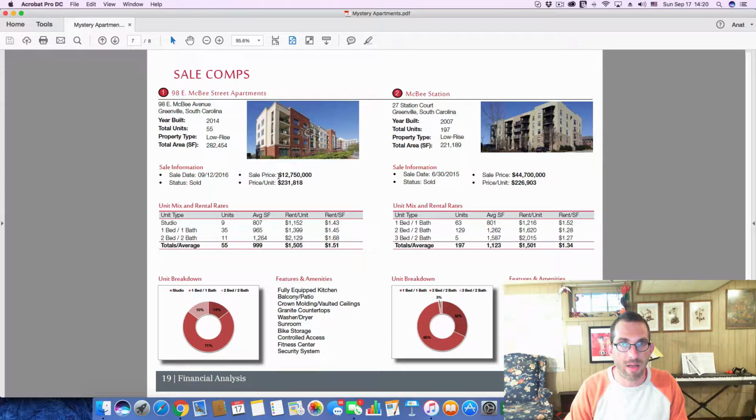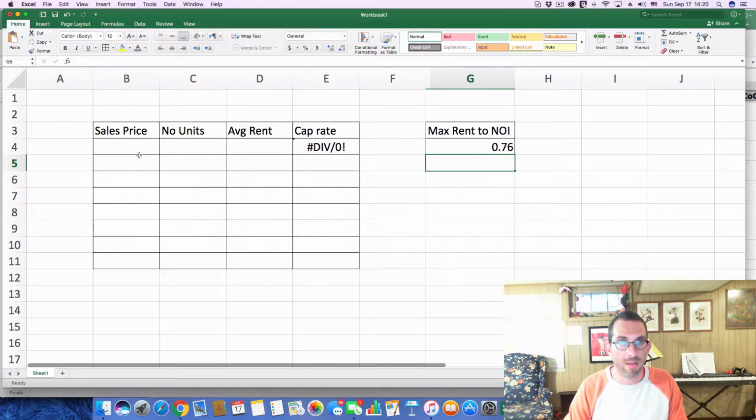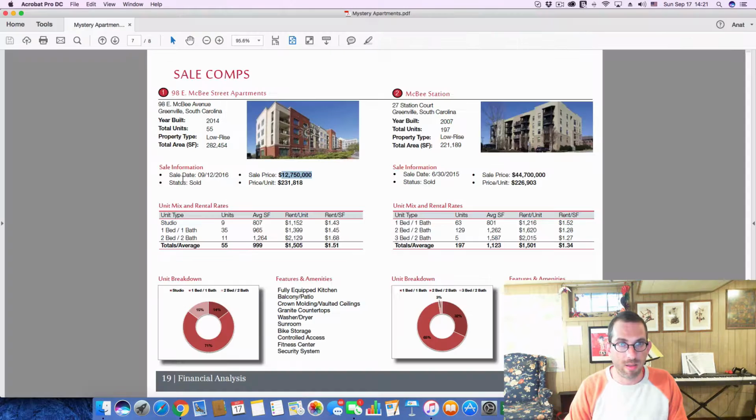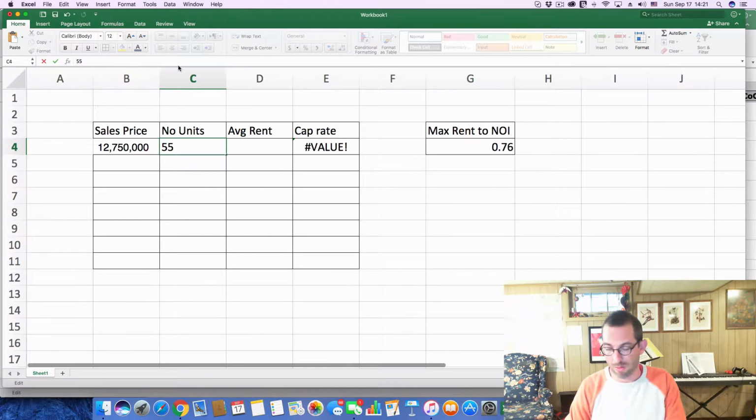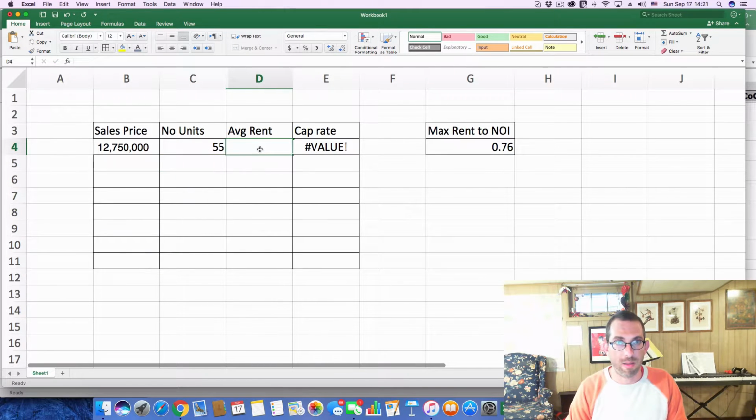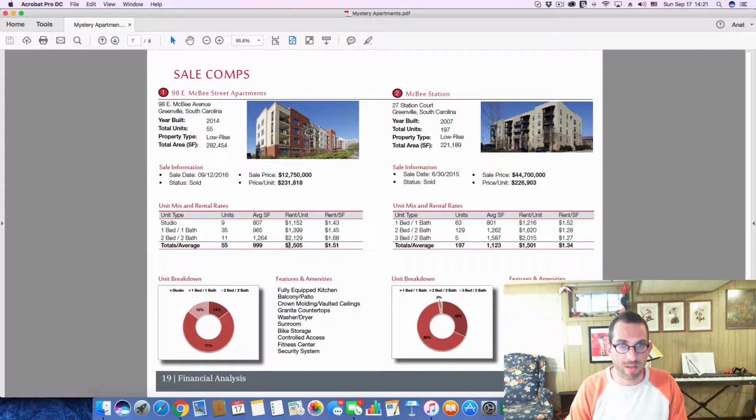So here we have 12,750,000 as a sales price. Is that going to work? Yes. Good. And then the number of units is 55. We stick that in here. Okay. And the average rent is